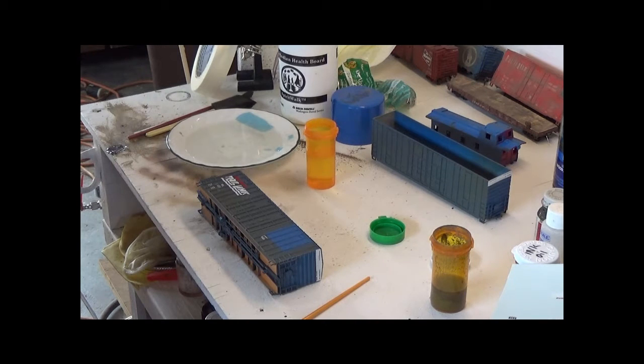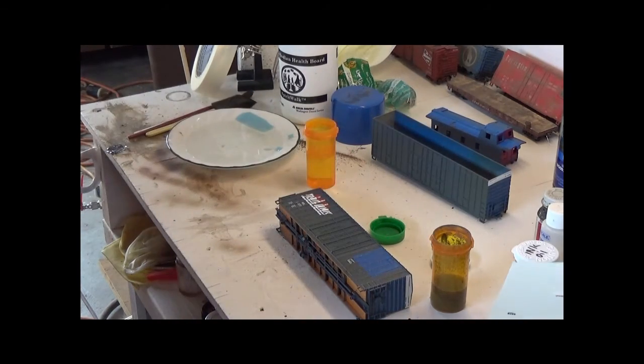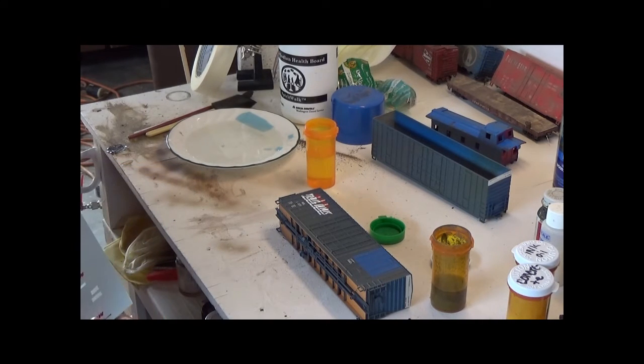flatten out the decals so they don't look too shiny. I haven't used it on some of my other cars yet, but when I get my airbrush situation figured out and mastered. Every time I master an airbrush, I break it and end up needing to get another one. So right now I have